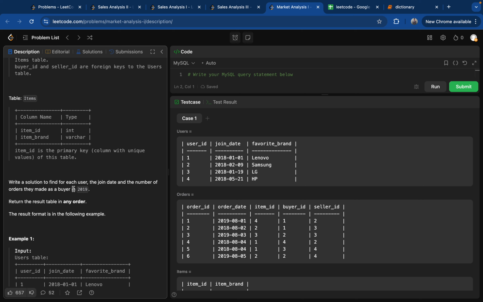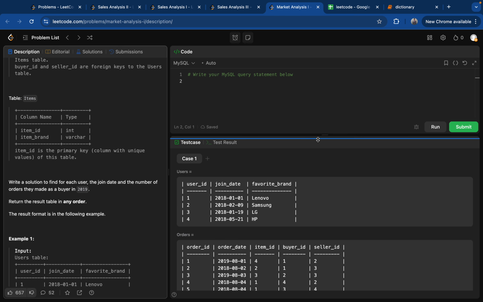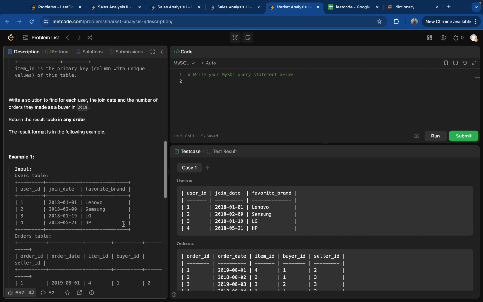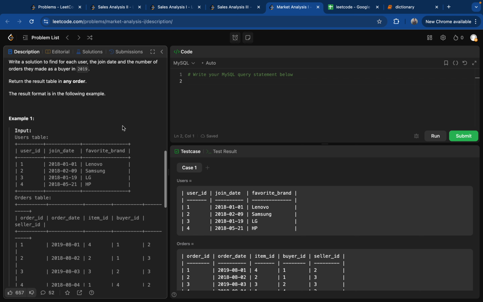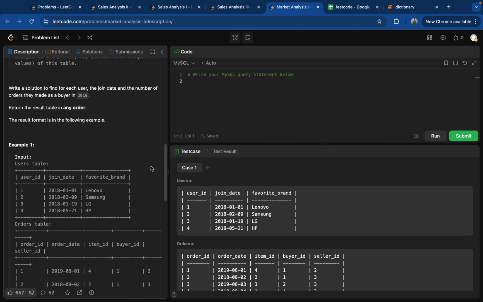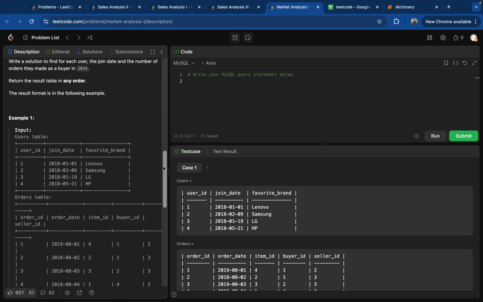So we have to write a solution to find for each user the join date and the number of orders they made as a buyer in 2019. Okay, let's see. So we have to find the join date and number of orders for each user